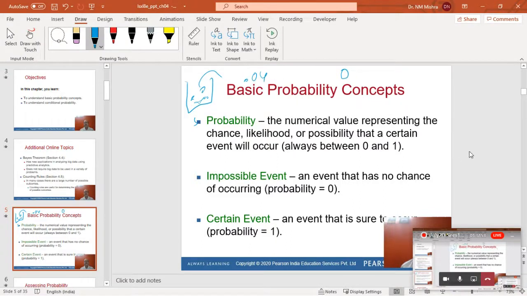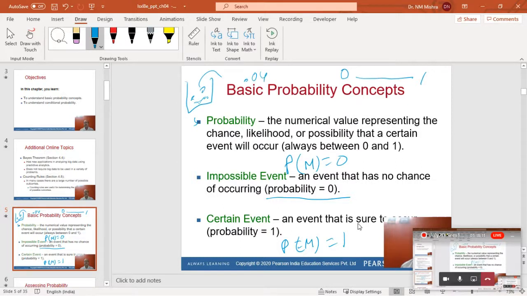So what is the lowest value of probability? If there is no mango inside the basket, the probability of mango is 0. So the lowest value of probability is 0, and certainty is there, meaning all 500 are mango. Then what is the probability? The probability of mango in the basket is 100%, that is 1. Am I clear? Understood what is probability? I tried my best, you have to understand probability in a very simple way.